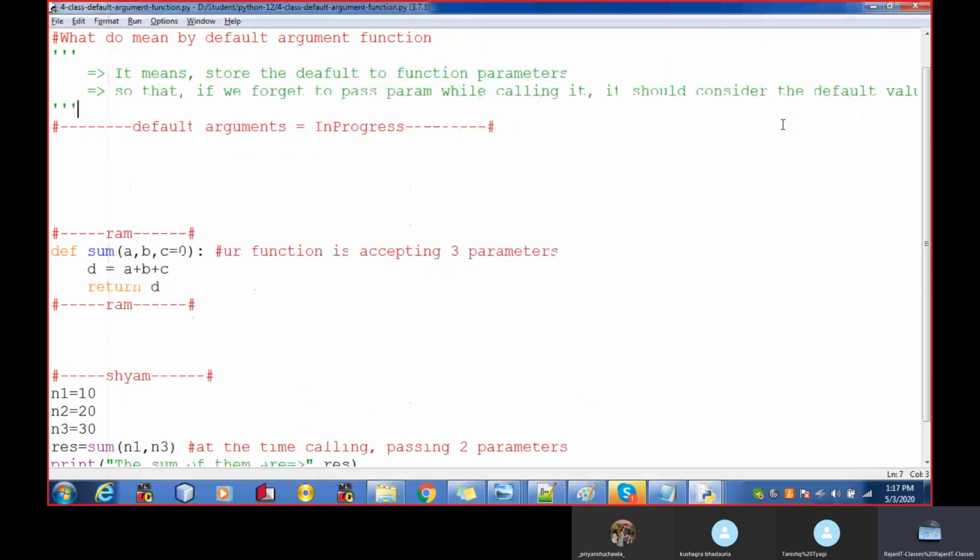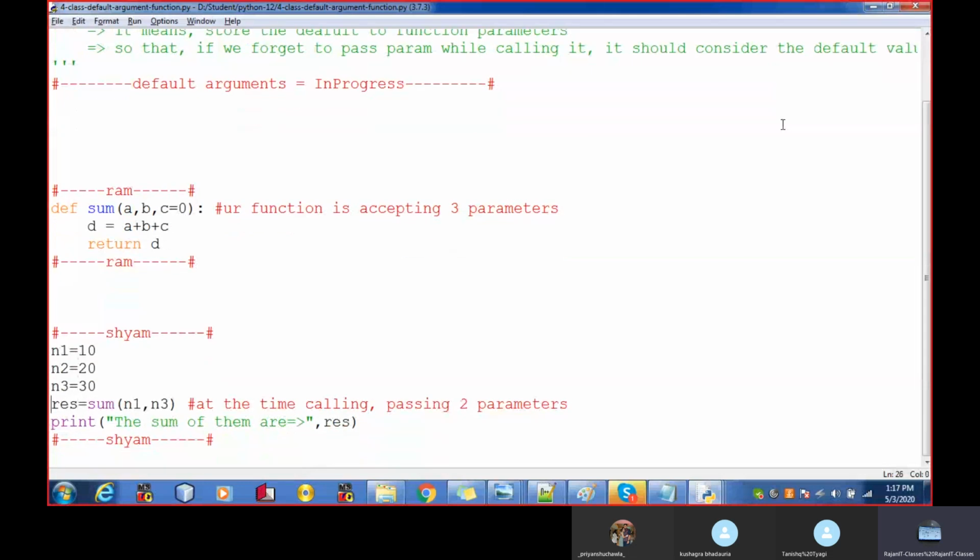Now let's say I call the sum function like this.